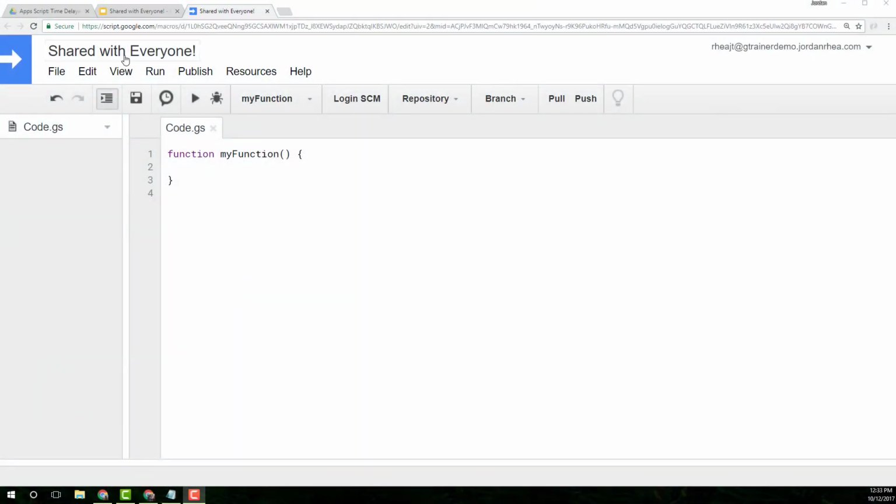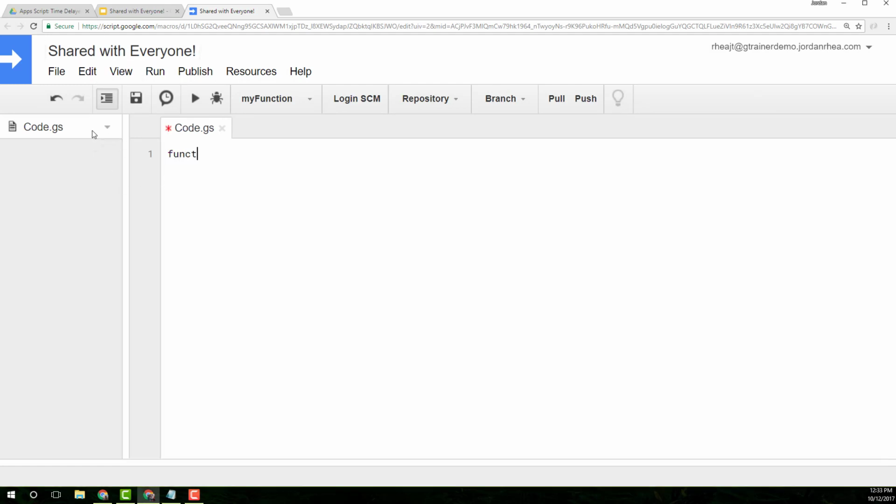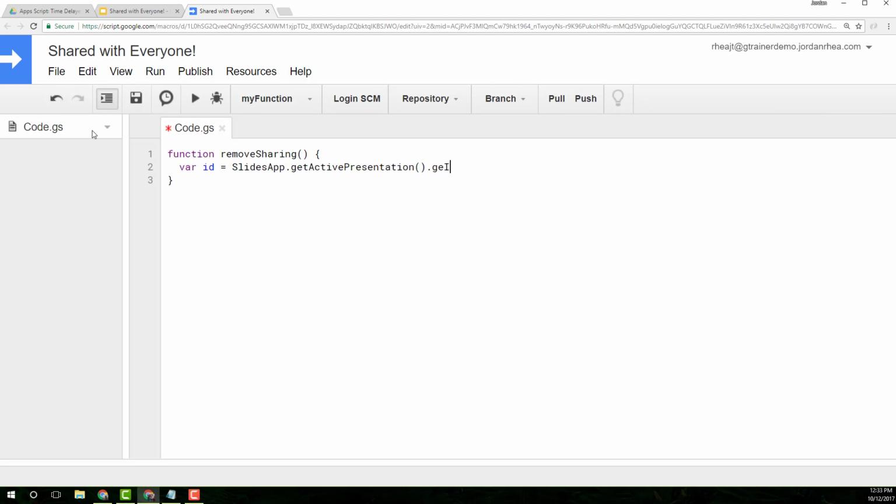Okay, the first thing we're going to do inside our project, give it a name, save it, and remove the myFunction, and we're going to call this removeSharing. And in our removeSharing function, we got to do a couple of things. We're going to get the ID of our current slideshow, slide deck, whatever you call these things. So I'm SlidesApp.getActivePresentation().getId(),